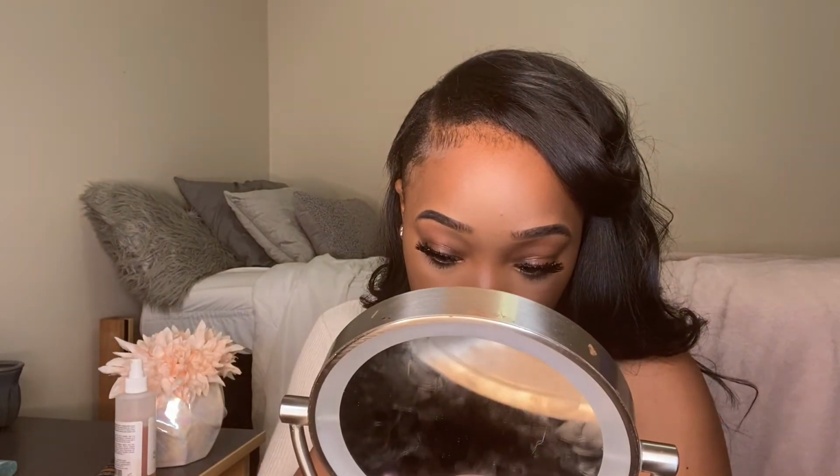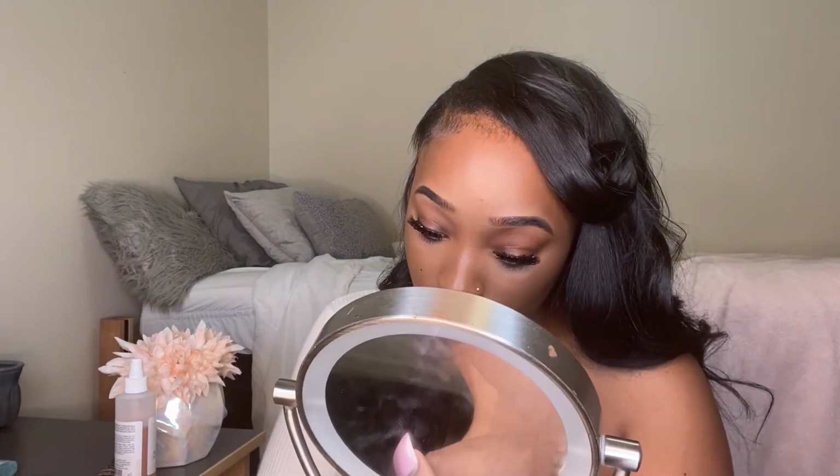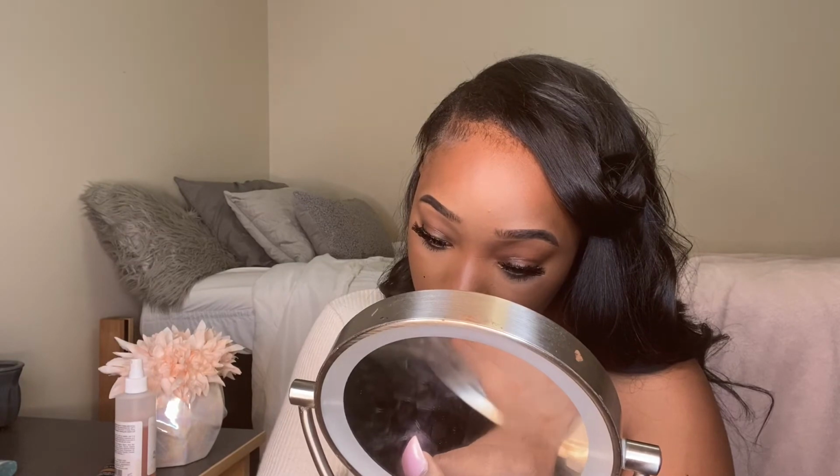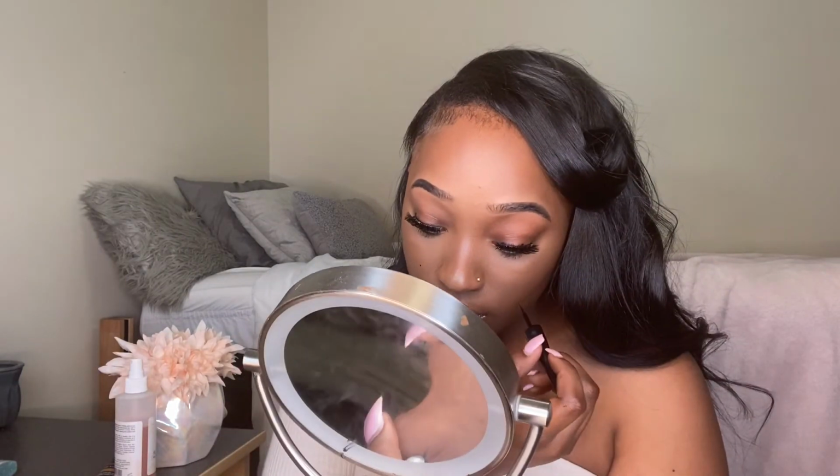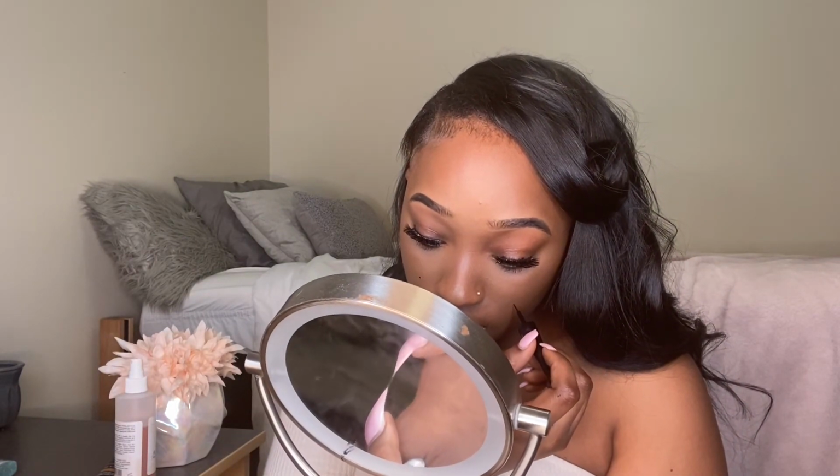Okay, y'all. Let me tell you what I'm doing. I'm going in with the eyeliner brush, and I'm gonna make fake moles on my face because I do that now, and I love it. Like, I really love it. It's so cute to me. I got the idea from